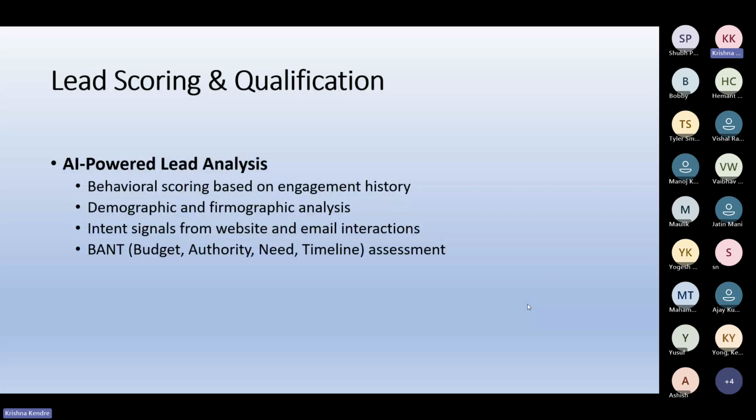Then the demographic and firmographic analysis, which considers factors like job title, industry, company size, and geography to determine whether the lead matches the ideal customer profile or not. Then intent signals from website and email interaction, which monitor signals from digital channels such as website downloads, form fill-ups, and email replies to detect buying intent. And the BANT assessment, budget, authority, need, timeline, which gives sales teams an early sense of how qualified the